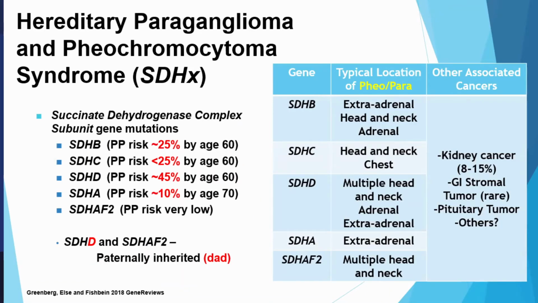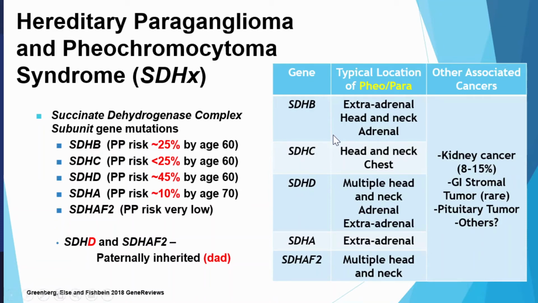The next group of genes is associated with a syndrome called hereditary paraganglioma pheochromocytoma syndrome. And there's 5 different genes associated. SDHB, C, D are the more common, but also SDHA and AF2. The risk for developing a Pheo or Para with any of these gene mutations is different, which is interesting because all these genes are cogs in the same protein complex, but the risk of developing Pheo Para varies depending on